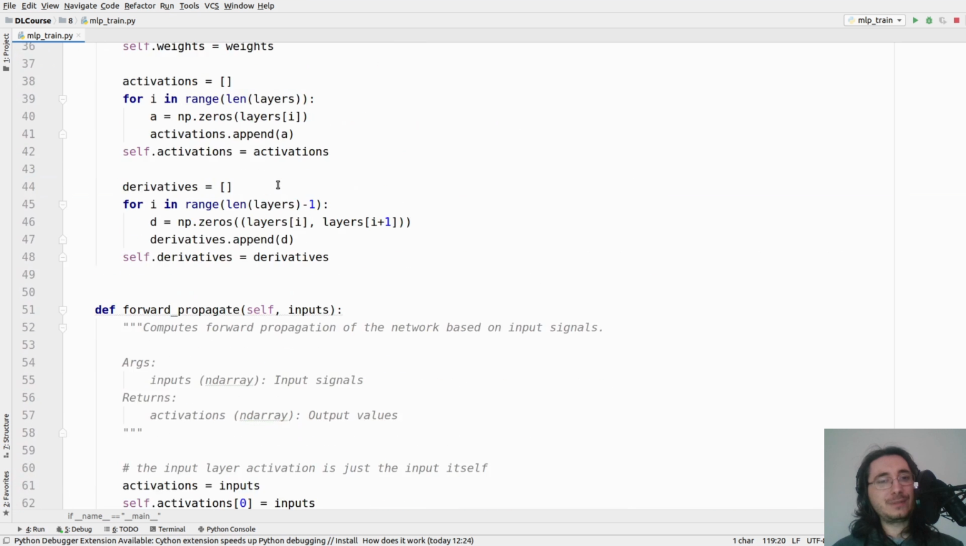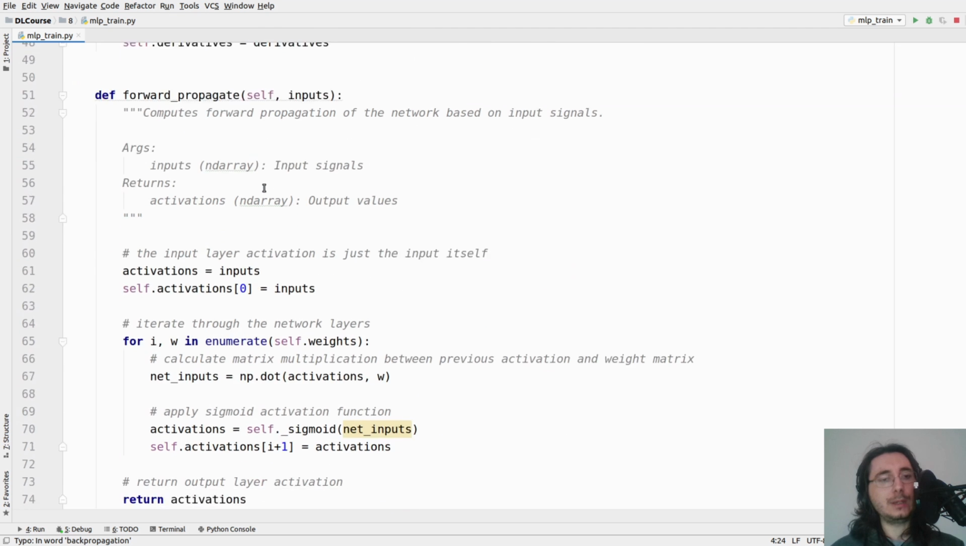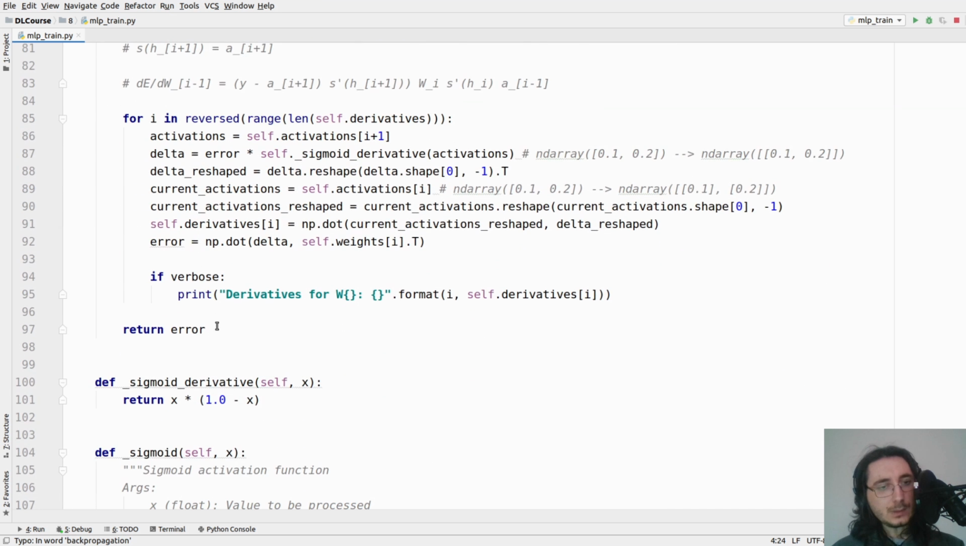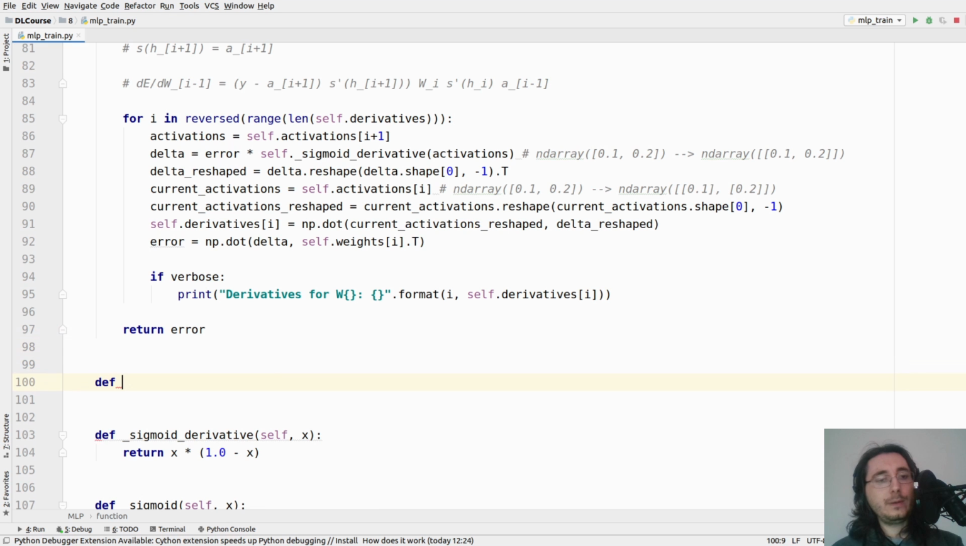And so what we've done so far is we've saved the activations and the derivatives. We've implemented backpropagation. Now we need to implement gradient descent, but I promise this is going to be way faster than backpropagation because it's quite straightforward. So good. Okay, so let's move on with a new method, which we'll call gradient